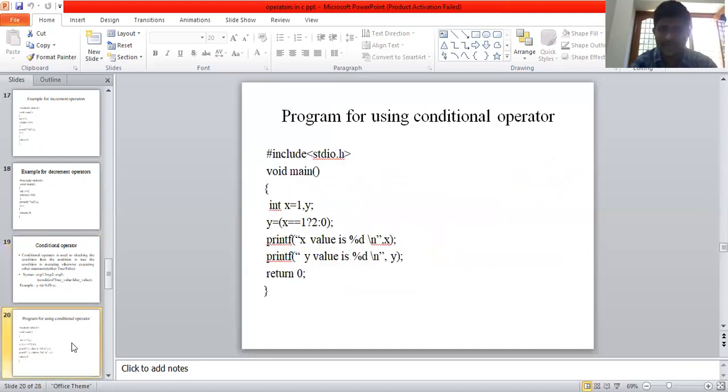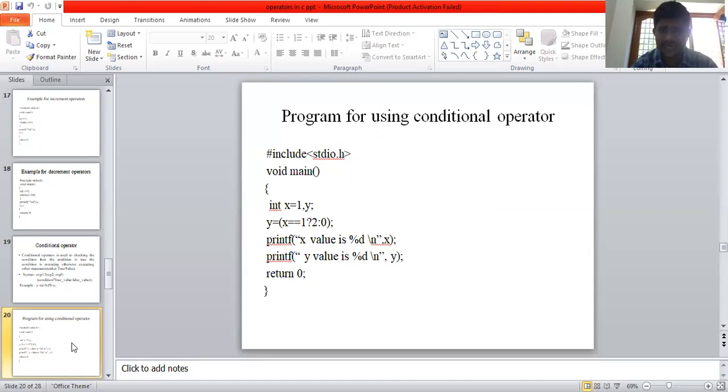This is the example program for using the conditional operator. Hash include less than stdio dot h. Void main, integer data type variable x equal to 1. y equal to x equal to 1. This is the expression, a condition, 2 or 0.